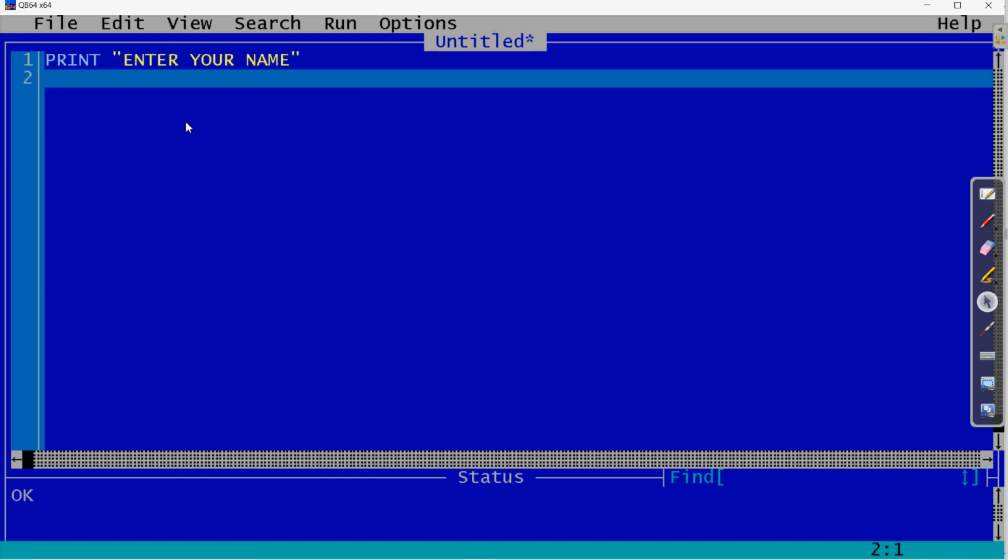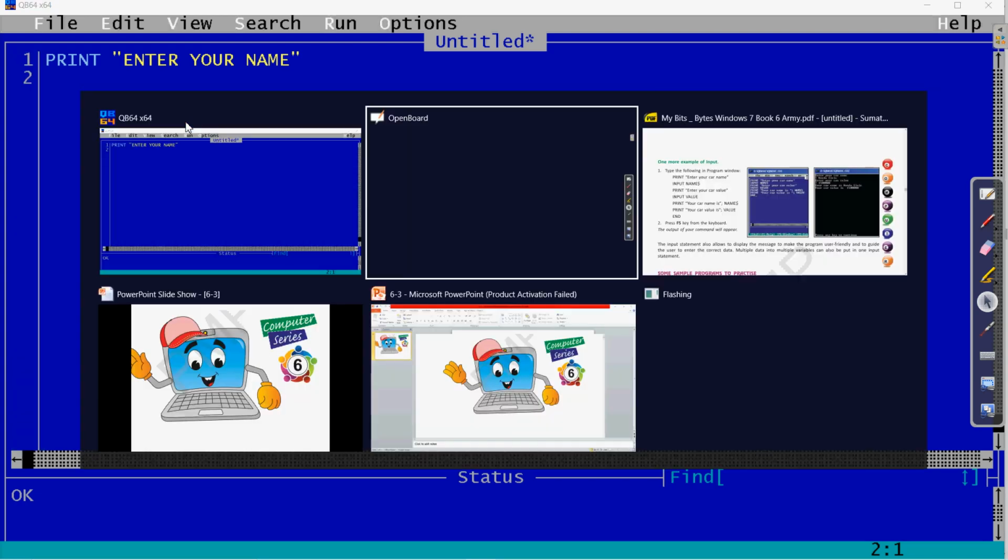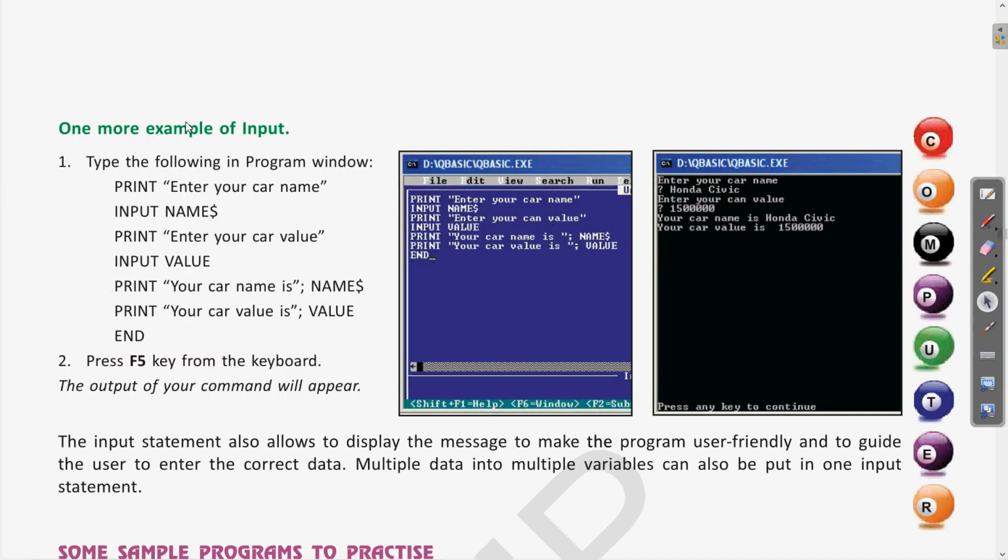Then the next line is this name will be stored in any of the variable. So that will be, here also you can see in the book that here it is about car name, but we are now taking the name of the person who is running the program.